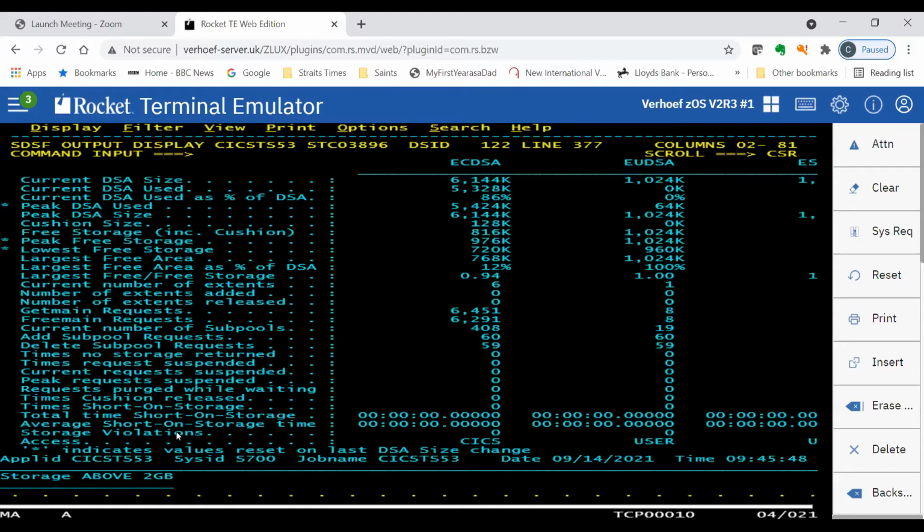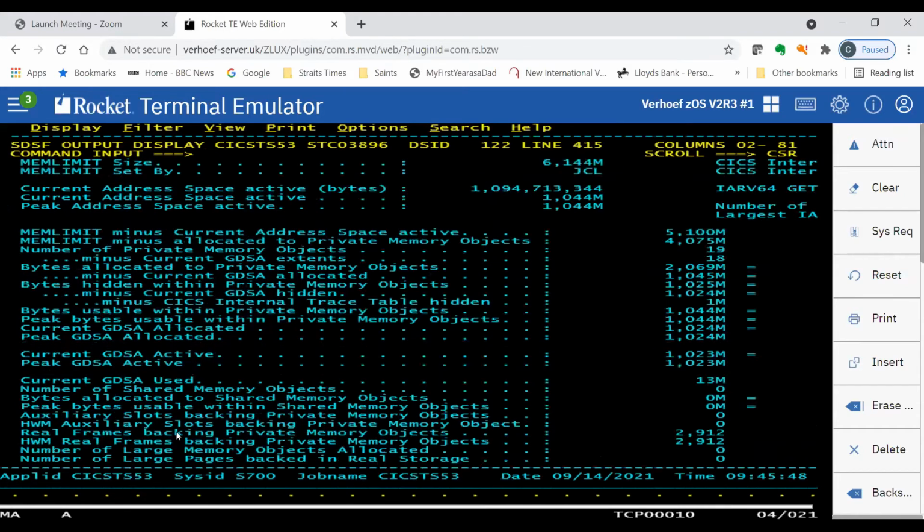So as we go forward, you can see it's really amazing. We can look at MEMLIMIT, we can look above the bar, we can look at the GRANDE DSAs that live above the bar. There are 3 of them that live above the bar. So we have the CICS and user and just the GDSA that sits above the bar. You can look at that, but generally that shouldn't be much of a problem, because we've only got things like channel containers, the CICS trace, and temporary storage above the bar at this stage.